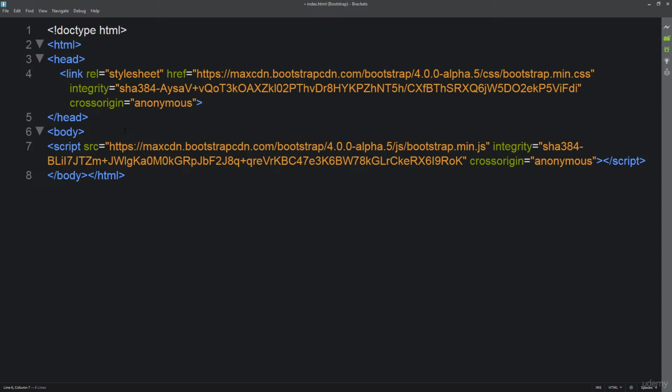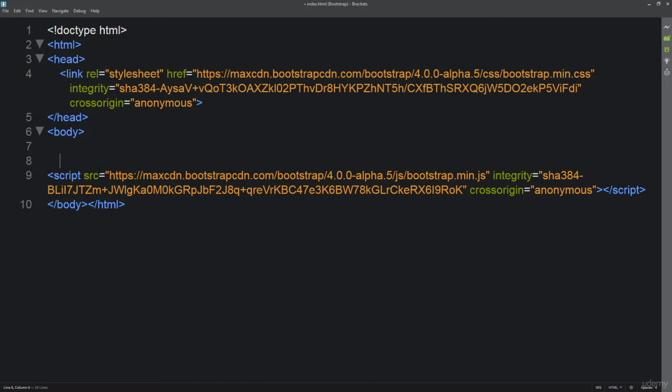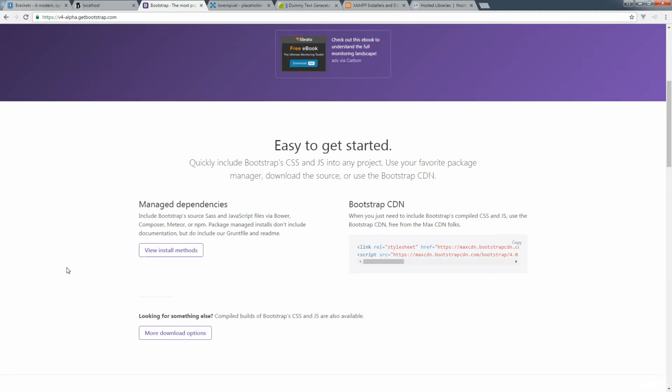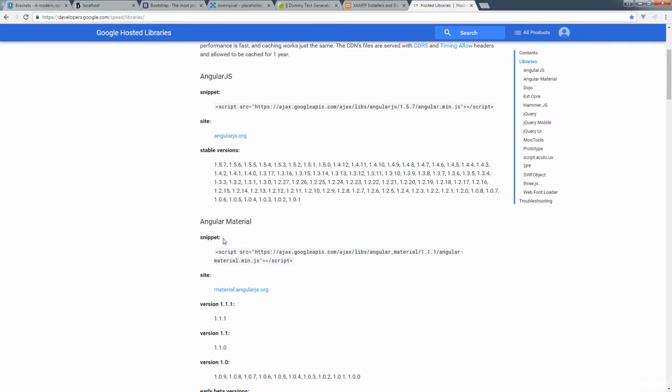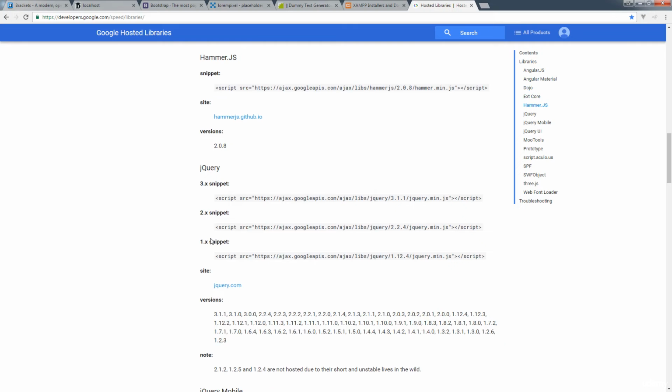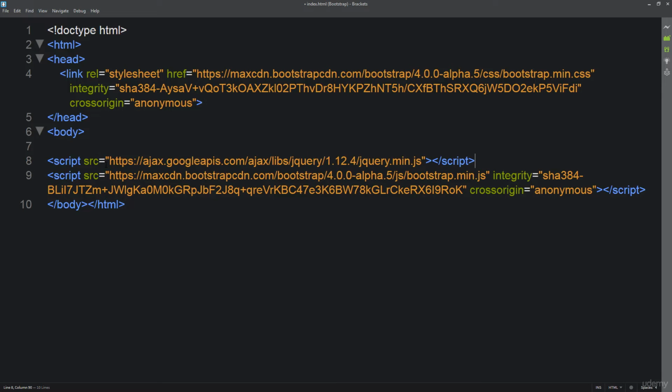So now we've got our basic output here for Bootstrap, and we need to add in a few other things within Bootstrap. Because we're linking to the CDN library, we also need to link out to jQuery. So usually I use developers.google.com as my source for jQuery. So just going down here and picking up that jQuery library, copy, paste it in. Make sure you place it in front of the Bootstrap, ahead of the Bootstrap file before it loads, because Bootstrap